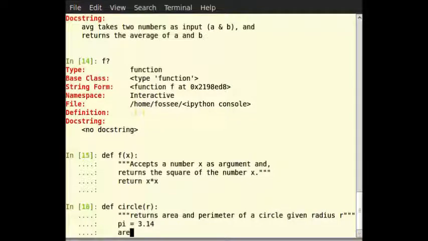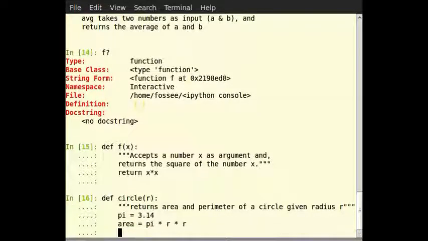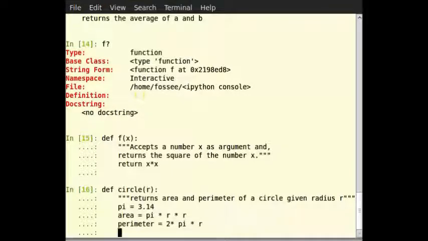Next, area is equal to pi star r. Then in the next line, perimeter is equal to 2 star pi star r. The next line, return area comma perimeter, and hit enter.